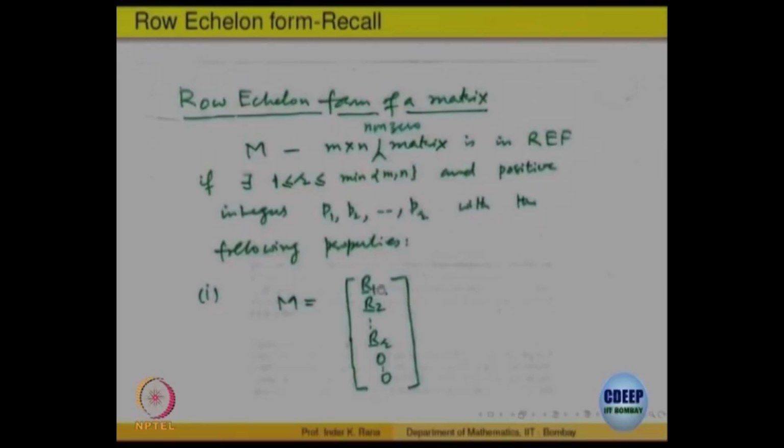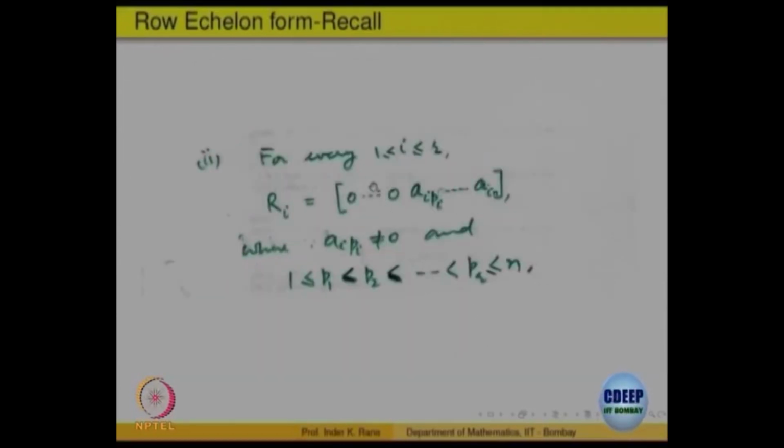One, the first R rows of the matrix are non-zero, that means there is at least one non-zero entry in those rows, and the bottom rows are all 0. So, the remaining M minus R rows are all equal to 0. So, that is what R means. The top R rows are non-zero and the remaining bottom rows are 0, and the numbers Pi